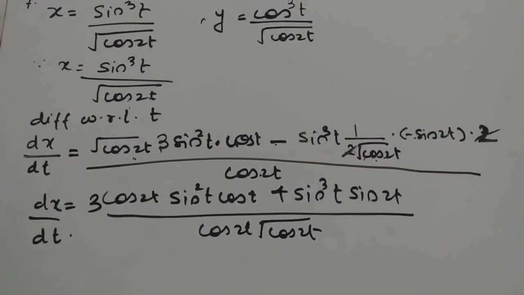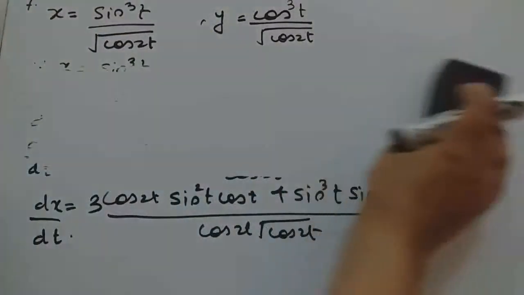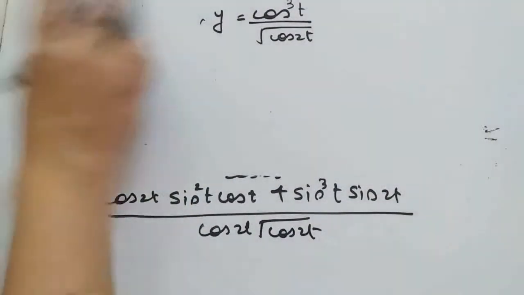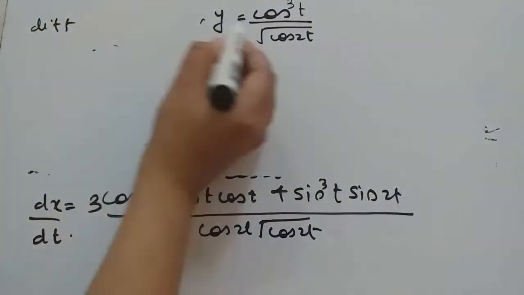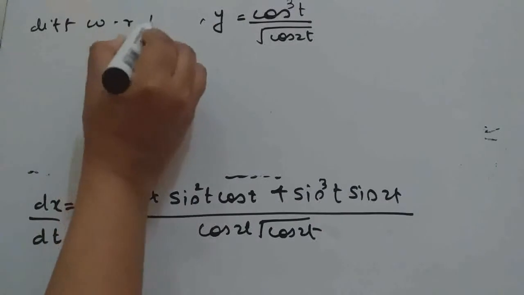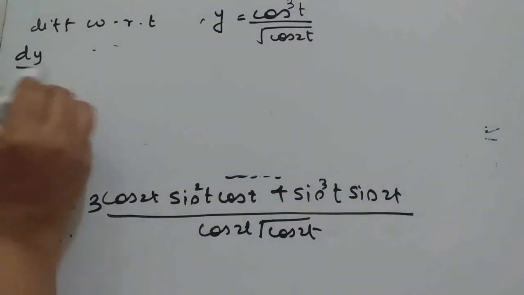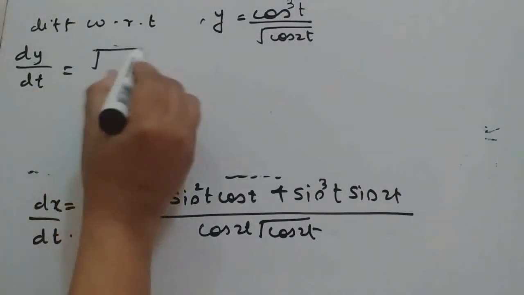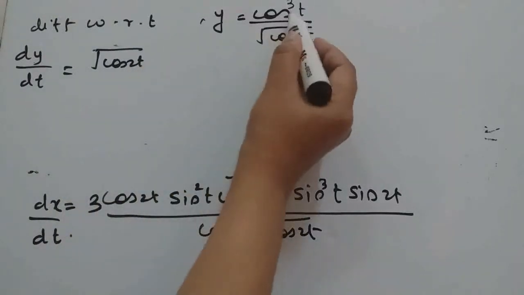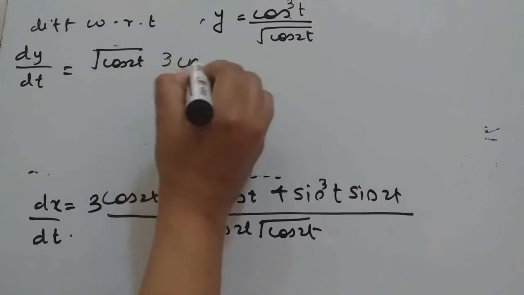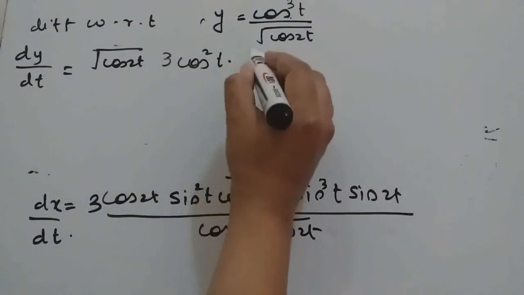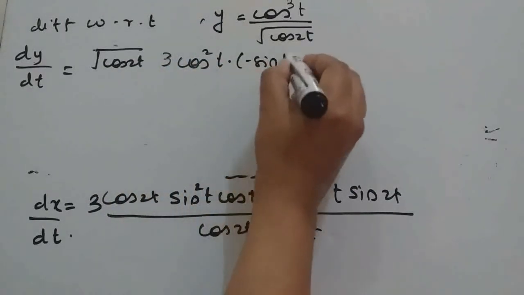Now to find dy by dt, differentiate with respect to t. This is y. So dy by dt, again quotient rule. Numerator same, derivative of denominator same, derivative of numerator means 3 cos square t, derivative of cos t is minus sine, minus